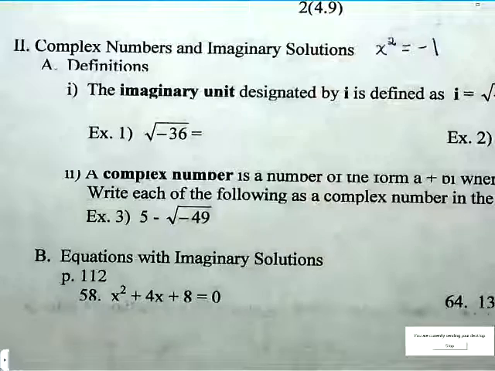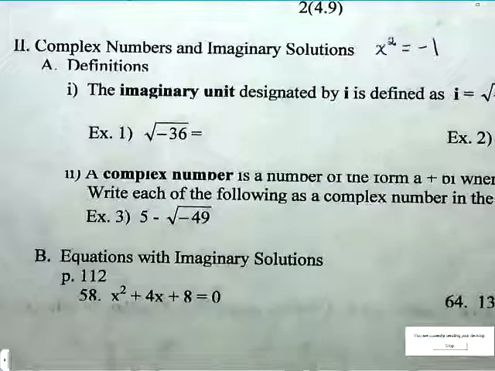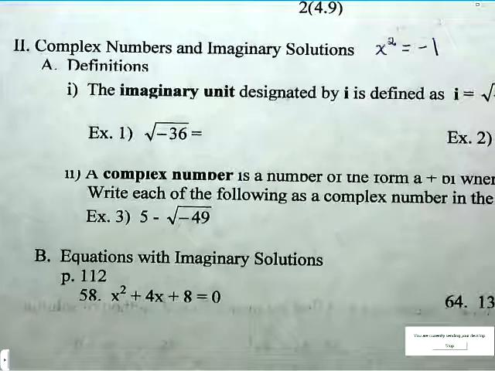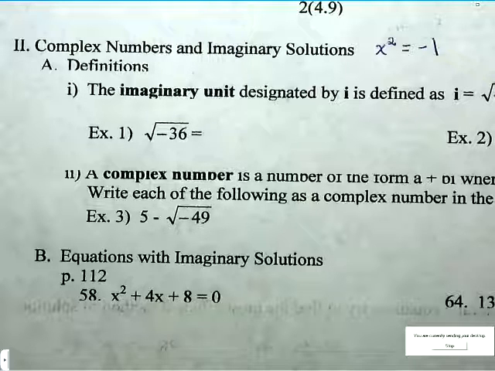Well, for a long time, mathematicians didn't worry about it at all. They just wrote no solution. There is no number you can square and get -1. And they were almost right. There's no real number you can square and get -1, but Leonhard Euler, I don't remember what century it was, I think 1600s, suggested that there are numbers that aren't real numbers, and believe it or not, they have applications